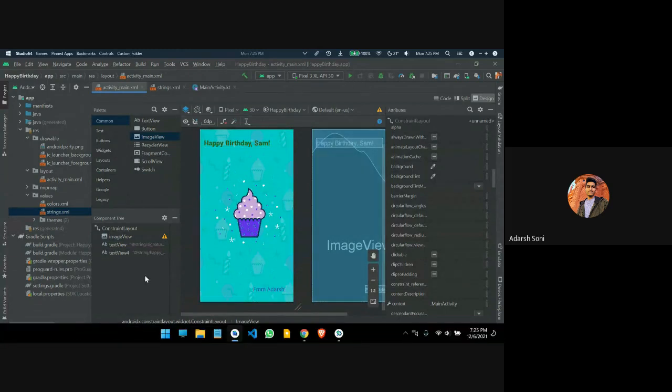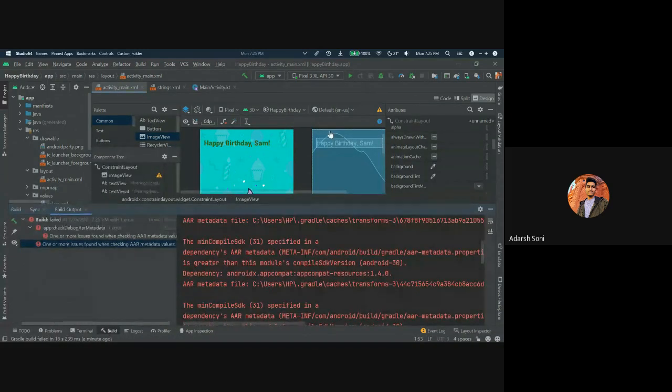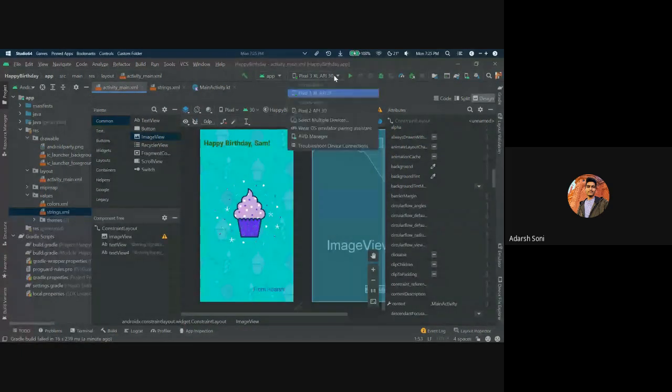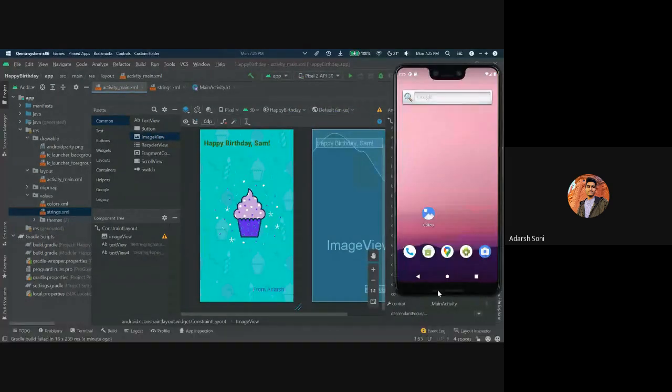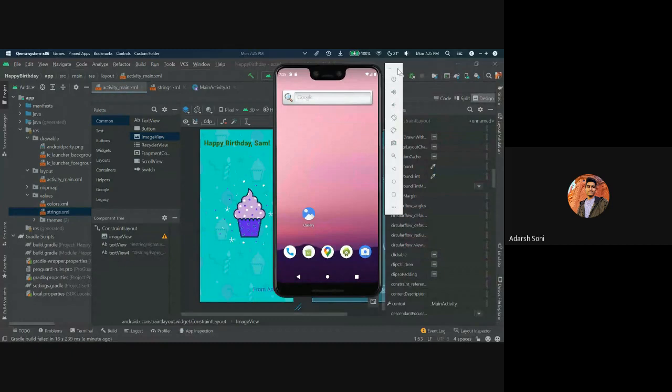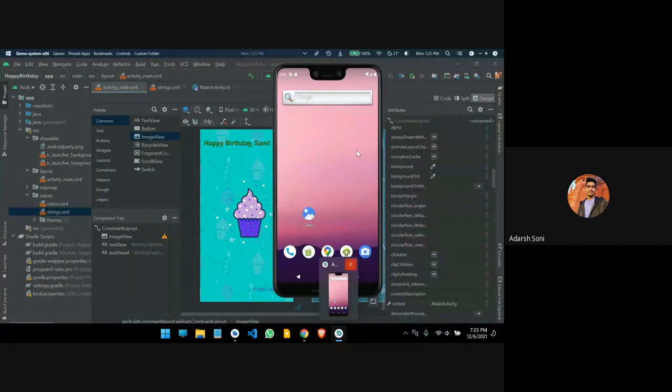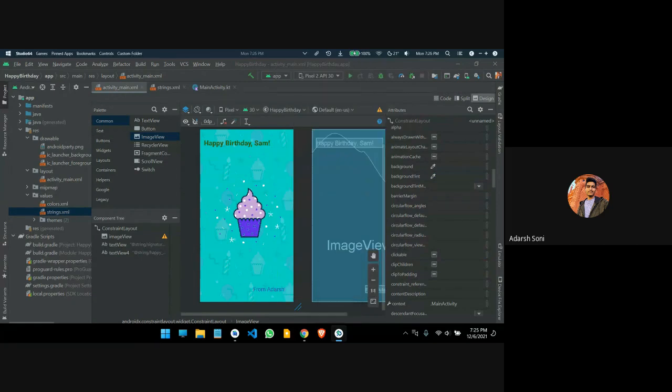We are getting an error because of the emulator and API version we are using. Let's try using another emulator.